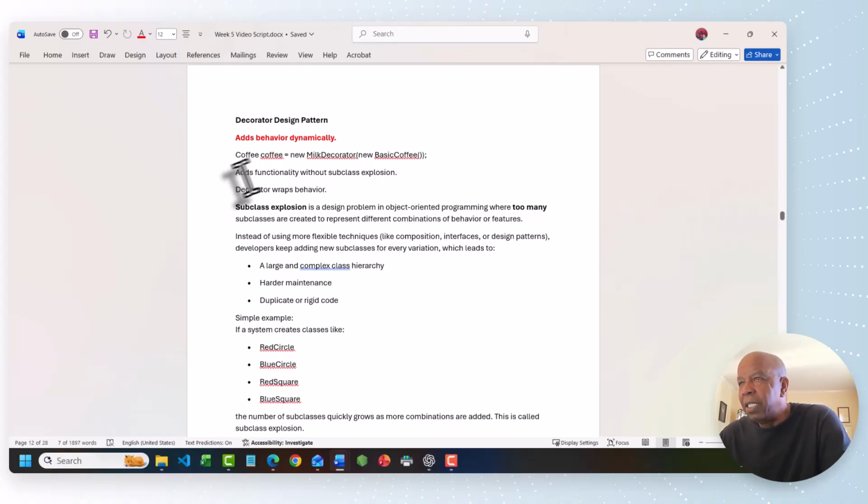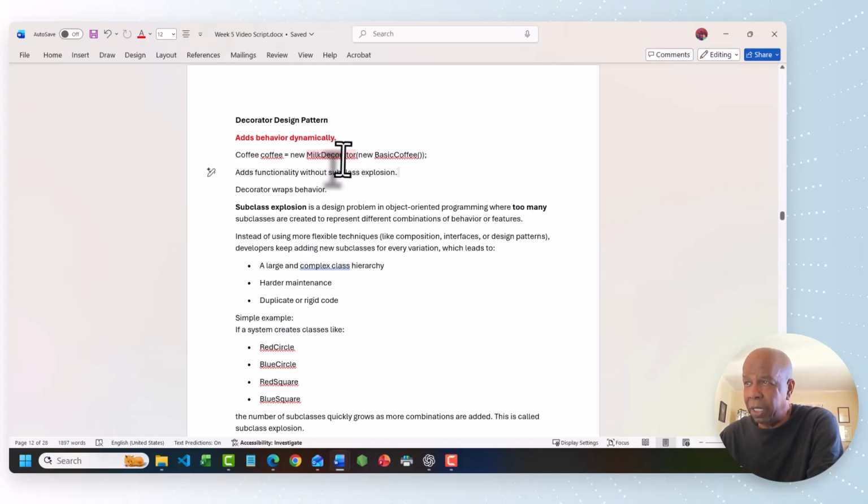So in this particular case, just a simple example, I'm creating an object called coffee. And here you can see that I have a new class I'm creating, but embedded within that is another class. So I'm basically changing the behavior of the milk decorator by including some dynamic behavior. Here is milk decorator. It might be chocolate milk decorator. And in which case I'm still going to be using the basic, but I'm having other activities I'm doing for the